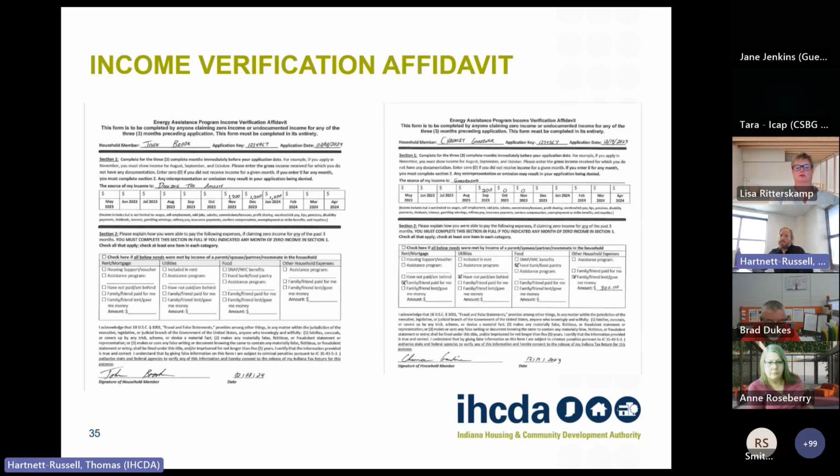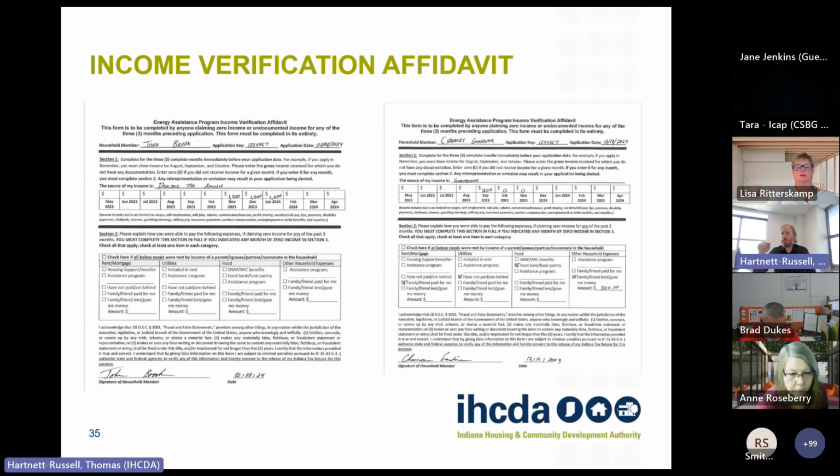So here's some examples of some IVAs, just to show. I think that with the new redesign, there's definitely less for the applicant to fill out. So in Section 1, you see John Brook put in that they received undocumented income of $1,200 per month. Because there's something filled in for all 3 months, nothing is needed in Section 2. So Section 2 is left blank, so it's just a matter of putting in what they received for all 3 months and then signing off